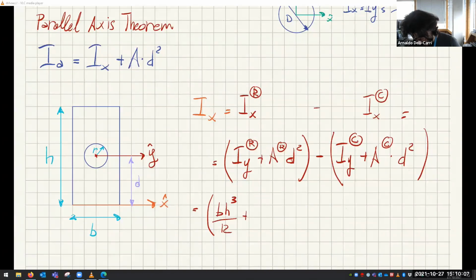Plus the area of the rectangle, which is b times h, times the distance squared. Do you agree with me? This is h squared divided by 4, because this distance d is h divided by 2, so squared is h squared divided by 4. Minus